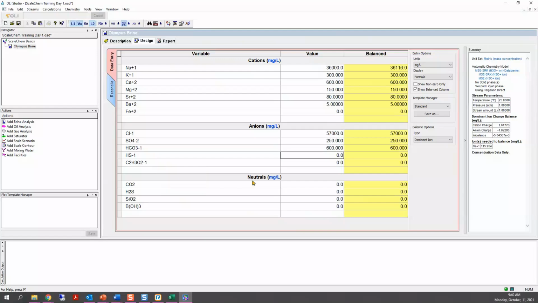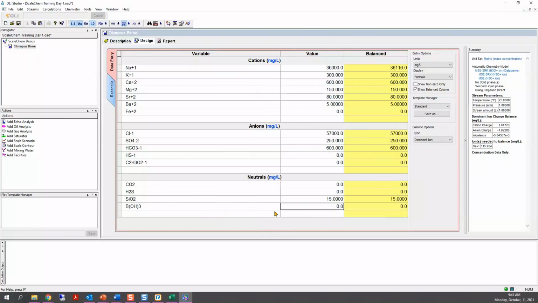For the neutrals, so anything that is a molecule but still dissolved in the brine, we don't have CO2, we don't have H2S, but silica was reported as SiO2, silicon dioxide, and that was 15 milligrams per liter. Okay, so this is the composition of the brine that was obtained from the separator.